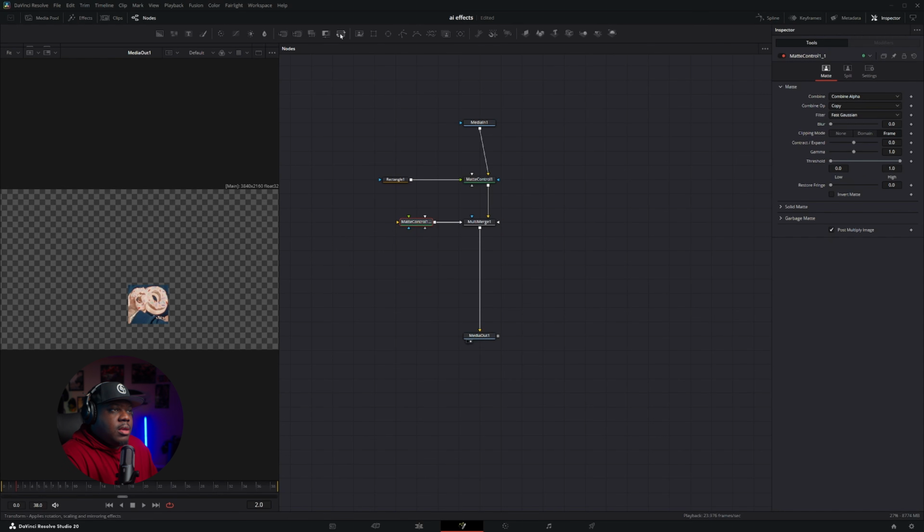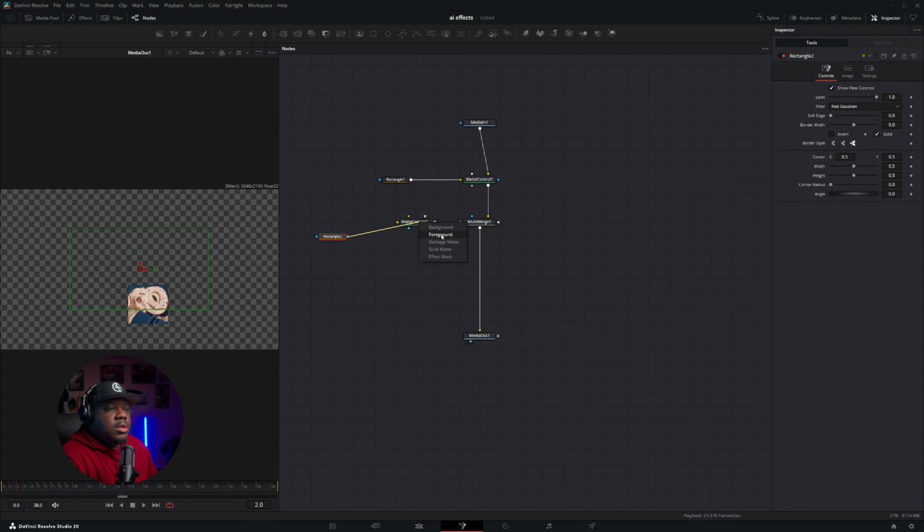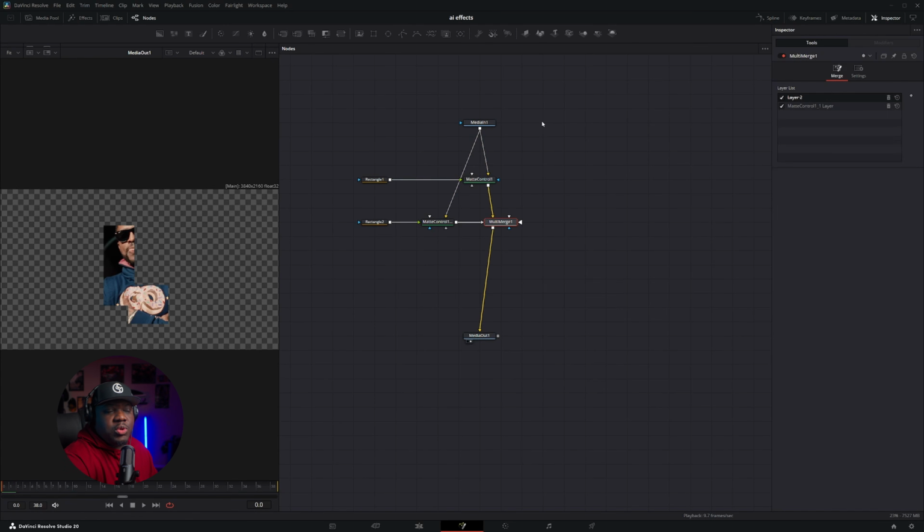Then I'm gonna grab another rectangle node or rectangle mask. Right click and connect it to the Mac control again, connecting to the foreground. With the next Mac control, you'll notice there's nothing happening, so you need to take the output of the media 1, connect it to the Mac control to the yellow input. So now after you connect your media to the Mac control, if your mask doesn't show up, you want to